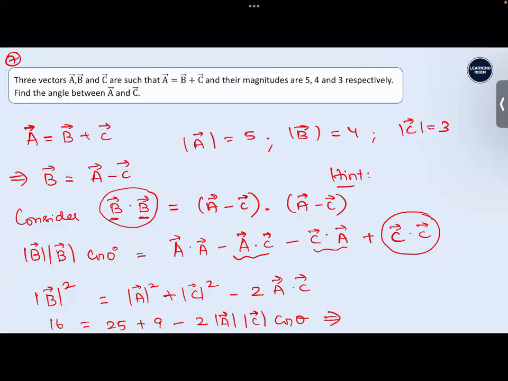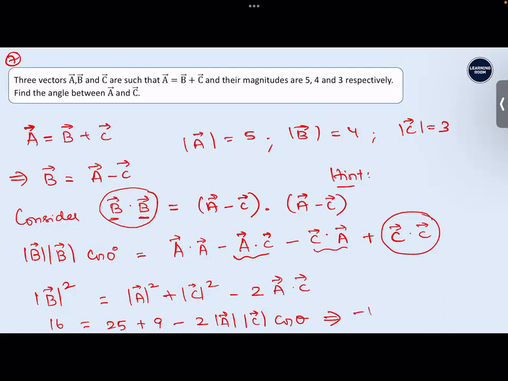This will be equal to, tell me, 16 minus 25 is how much? 16 minus 25 is minus 9. So on the left hand side 16, right hand side you have 34. 16 minus 34 is how much? It is minus 18,